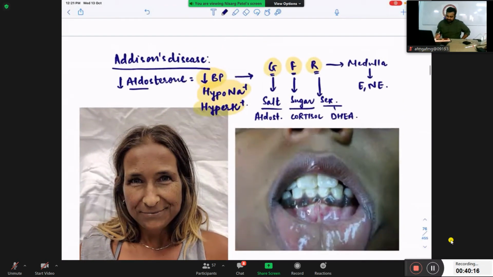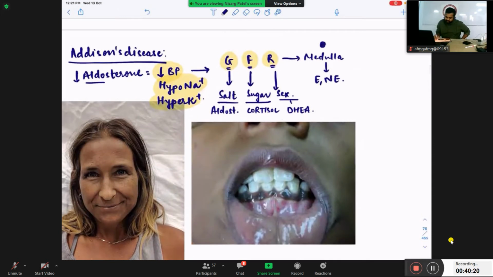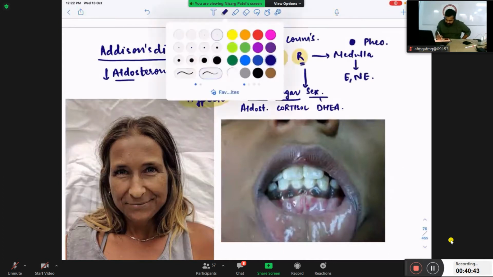मेडुला के ट्यूमर को क्या कहते हैं? अगर यहाँ पे ट्यूमर हो जाए तो व्हाट इज अ ट्यूमर? इट इज अ फियो, राइट? कॉर्टेक्स में ट्यूमर है, कौन सा सिंड्रोम? अगर कॉर्टेक्स डिस्ट्रॉय हो गया, कौन सा डिजीज? एडिशन डिजीज, राइट? सो नाउ टेल मी, if there is a destruction of the cortex,